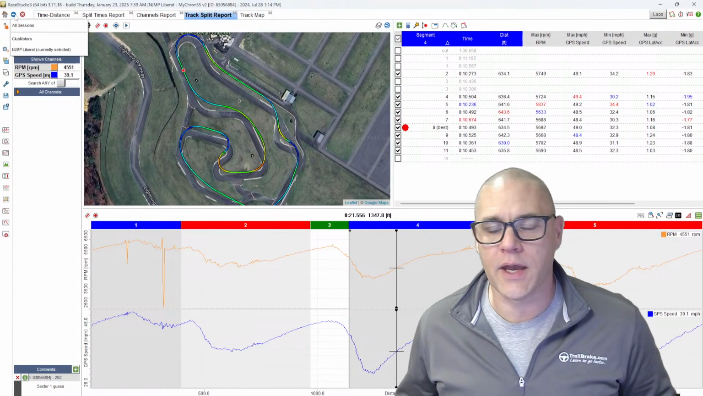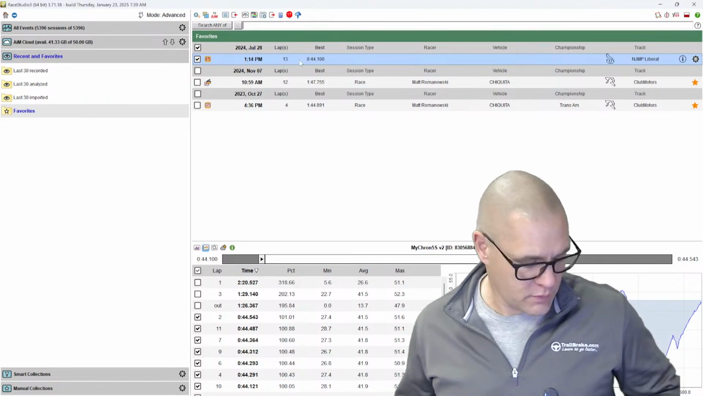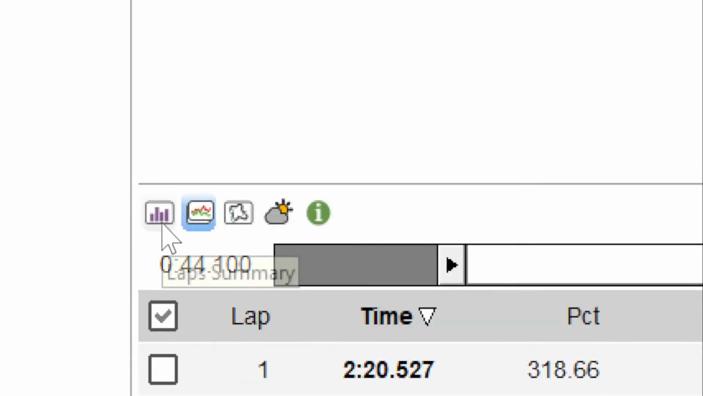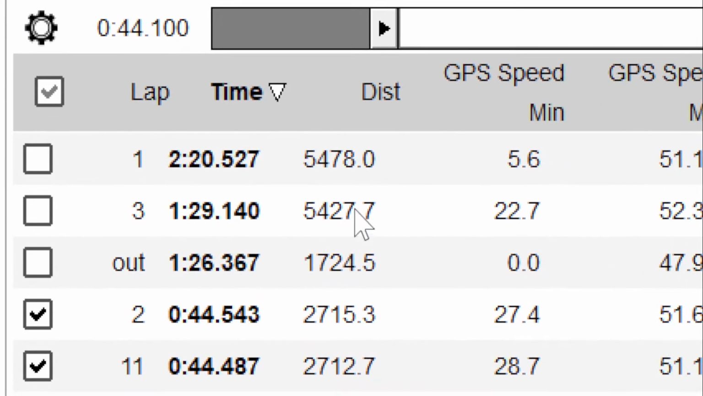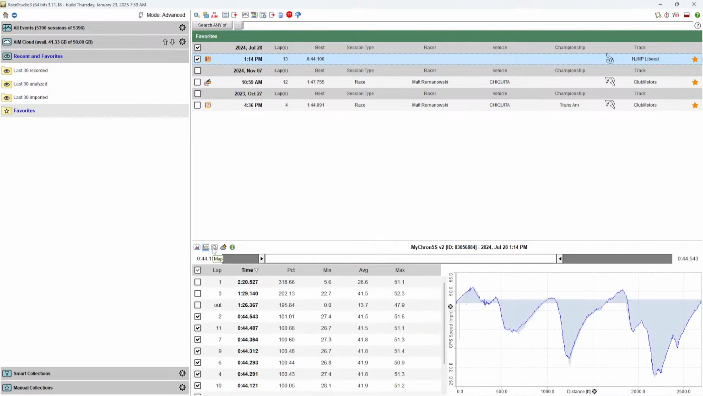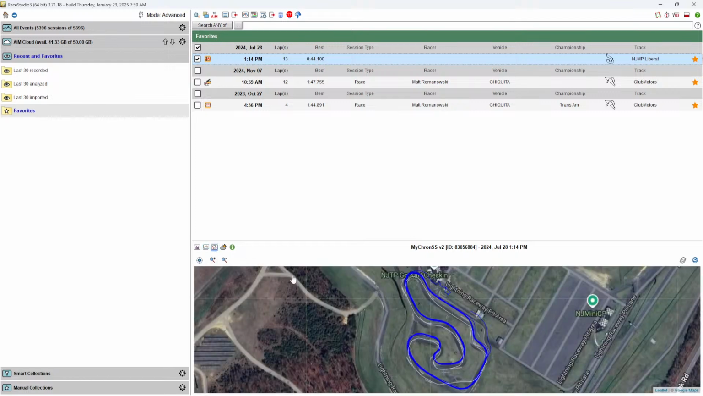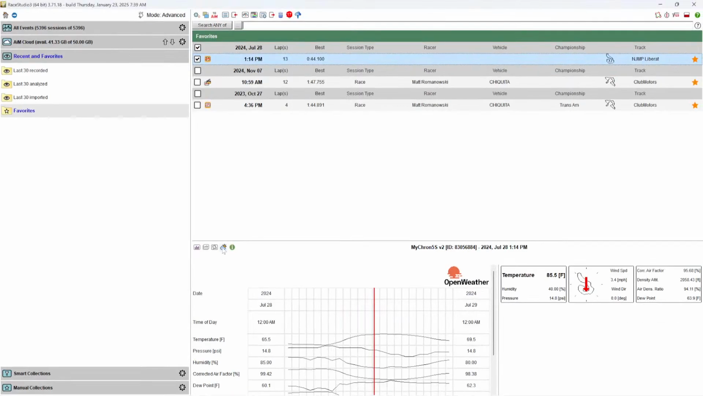If we go back to all of our sessions where we have it picked here, let me hop out of that screen. We've selected our session. And then down here on the bottom, you're going to see a couple buttons. And we have a lap summary, which is pretty nice. It gives you some basic info. You have the standard time distance that you get to look at. We have the track map view, and there's a weather button. With this weather button,